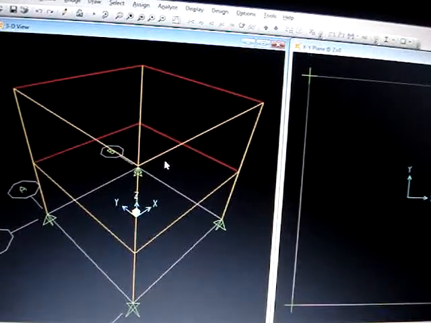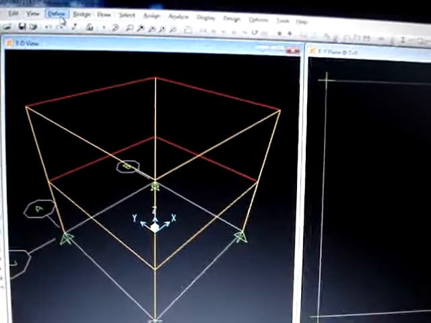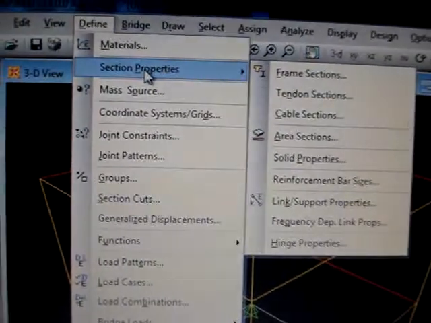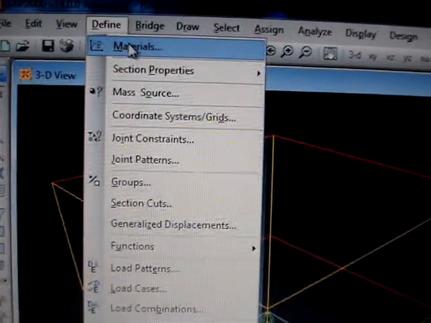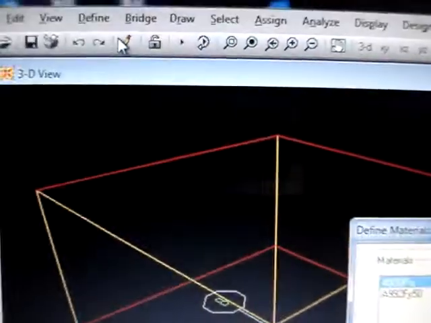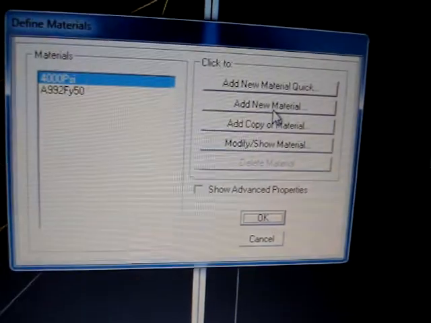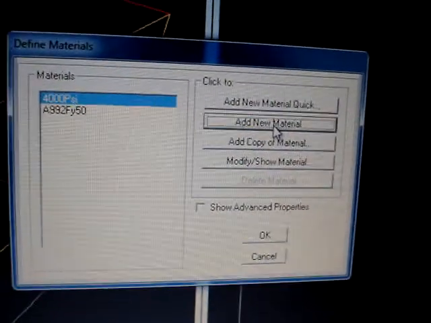Now, what extra you need to do is go to define, then section properties. First you need to define the material one more time. You go to define material, do add new material.